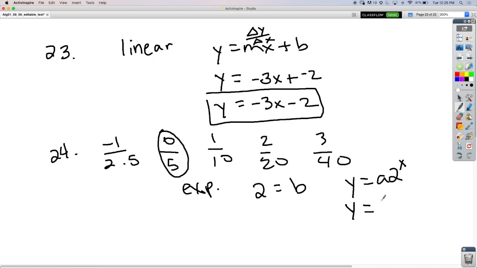So what's paired with my 0? So it's going to be 5 times 2 to the x. We don't know the power yet, right? The reason why I know that it's the 5, let me explain. If I plug in 0 for x, 2 to the 0 power is what? 1. Is it 1 or 0? It's 1. So